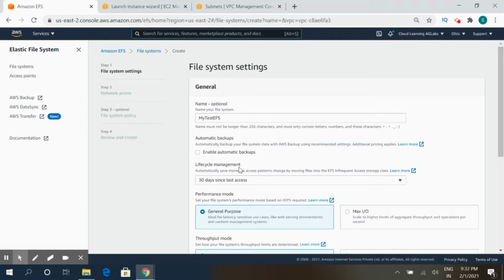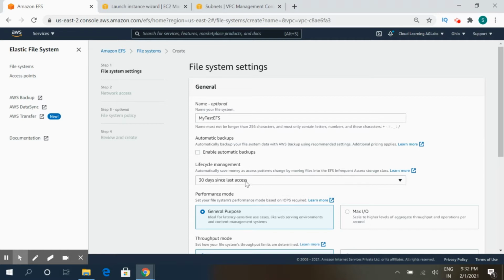The next option EFS is providing is lifecycle management. Lifecycle management is basically to save your money. If a particular file is not being accessed for 30 days or 60 days, it will be moved to an infrequent access storage class. Previously only S3 had storage classes available, but now with EFS, AWS has provided a different storage class which they call the EFS infrequent access storage class.